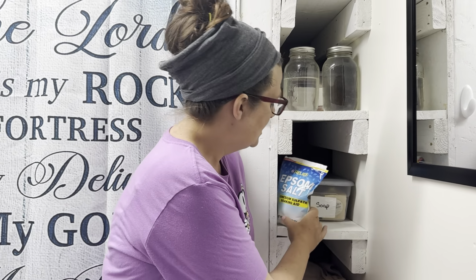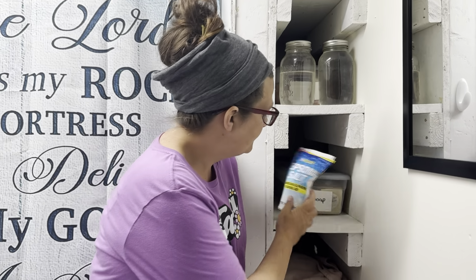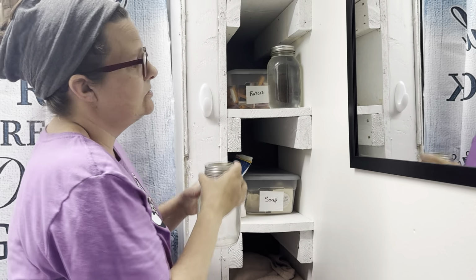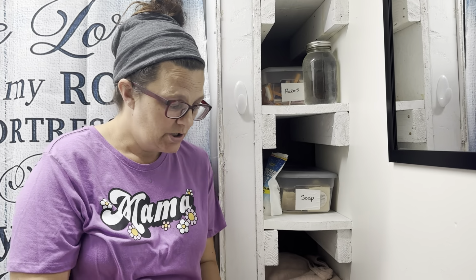I put Epsom salt in here. People soak their feet. We use the shampoo bar for our hair, or some people just use regular soap, that homemade soap that we do for our hair in order to wash that. And then we rinse our hair in vinegar. So we